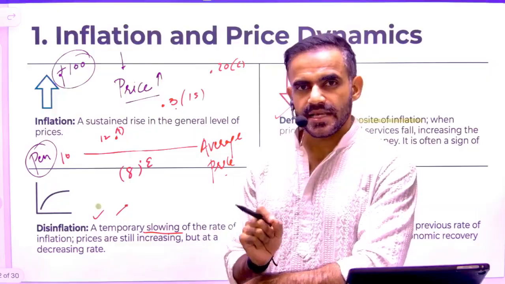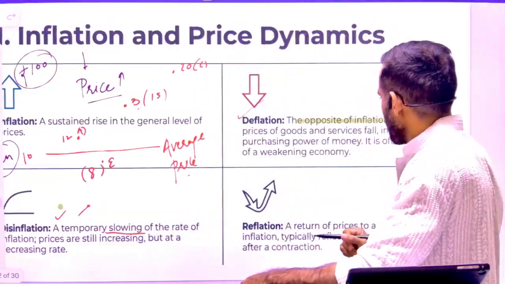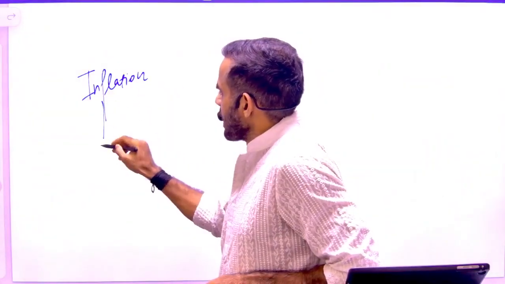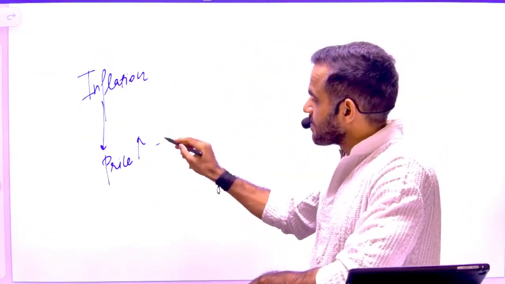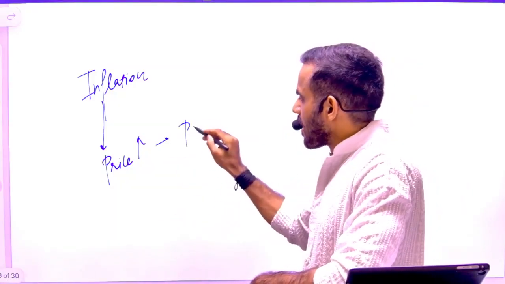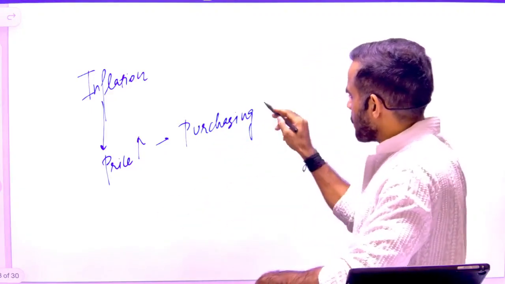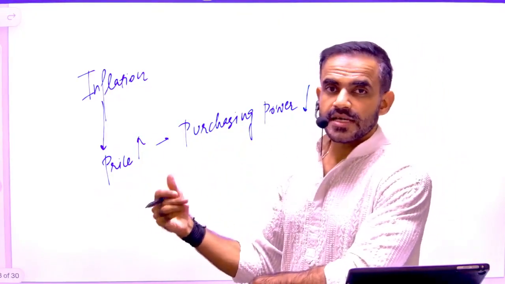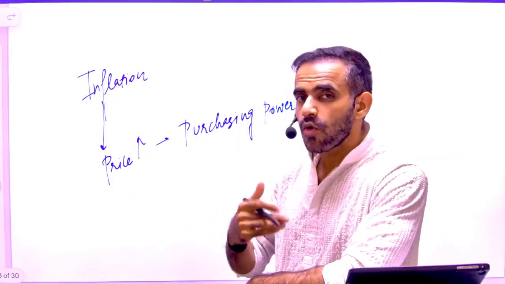So in a very simple sense, when I am saying inflation, it simply means two things should be there in your mind. Let me write it here. Whenever I am saying inflation, it simply means A, the price has increased. Second thing, because the price has increased, my ability to buy items, or my purchasing power, has gone down. Purchasing power basically means ability to buy items. Why has it gone down? Because now items are costly. Since items are costly, I won't be able to buy the same quantity in the same amount of money. I need more money to buy.